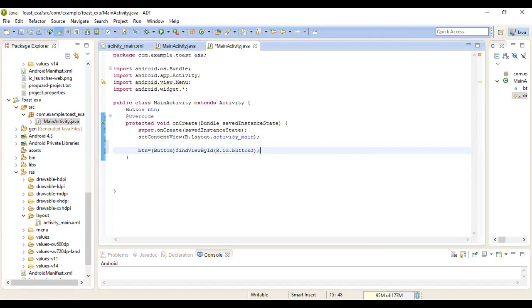Now, whenever we click on the button, at that time, a Toast message will be generated. So for that, we need to create a listener first.